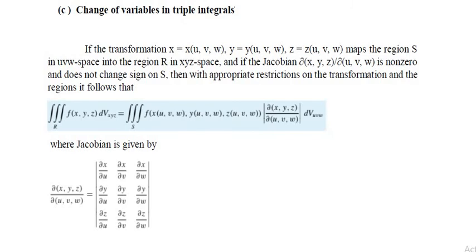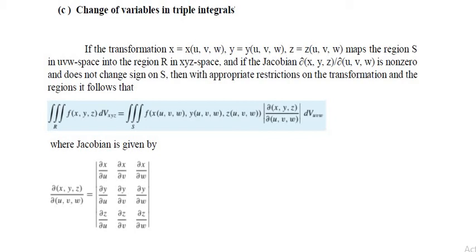Now in the case of the change of variables in triple integrals, what will it be? We take the transformation as x equals x of u v w, y equals y of u v w, z equals z of u v w, which maps the region S in u v w space into the region R in x y z space. And if the Jacobian ∂(x,y,z)/∂(u,v,w) is non-zero, then it follows that the triple